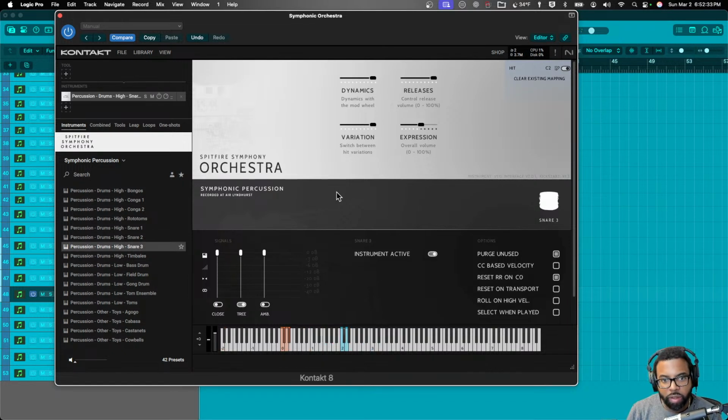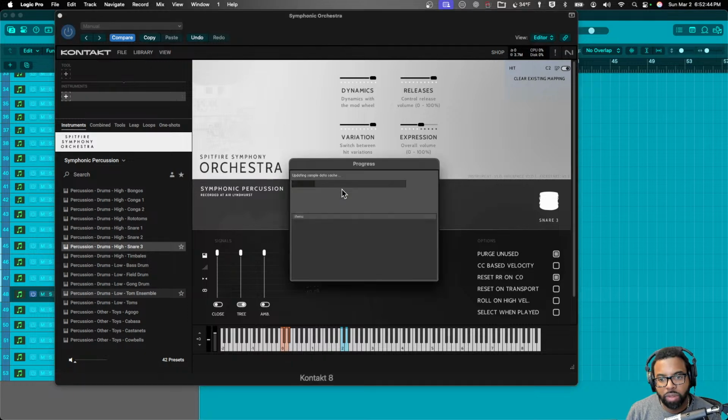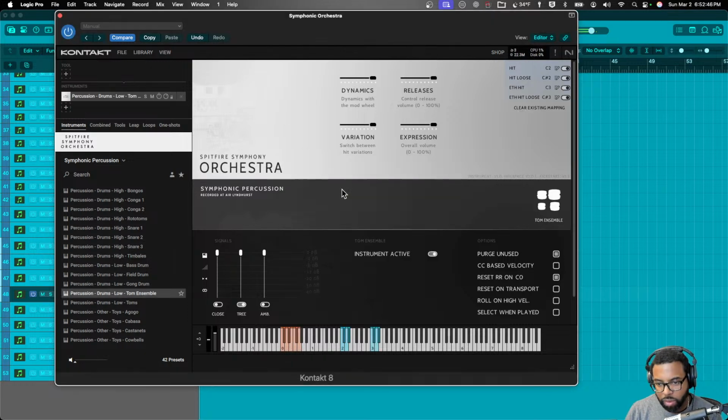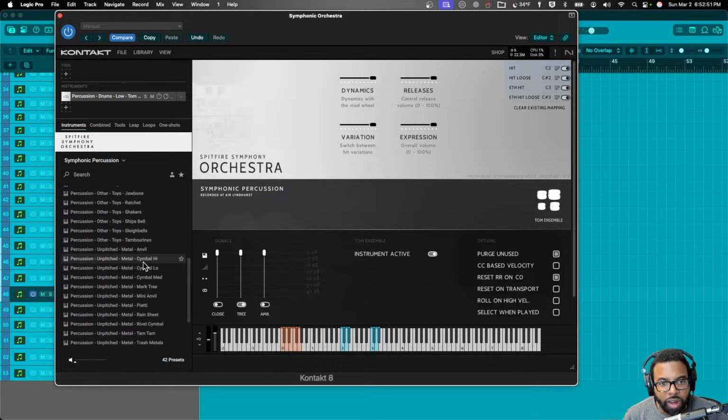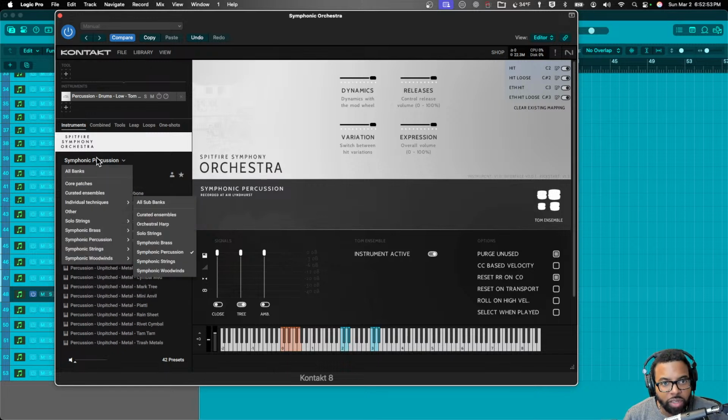The third one, I only see a couple articulations here. I don't know if I would have included the third one if it didn't have as many as the first two. All right, let's go to tom ensemble. Not bad there. I'm not going to go through all these. Let's go back to